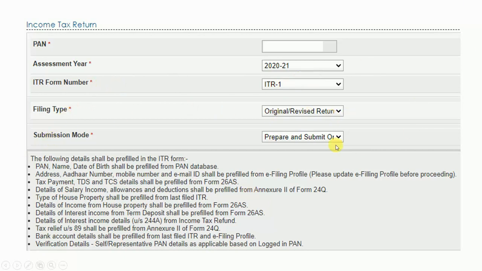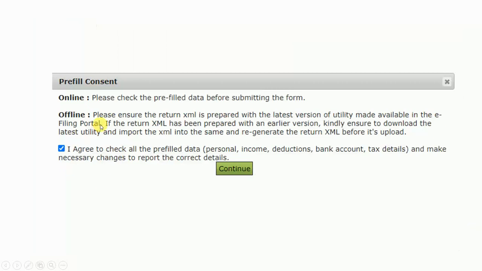And submission mode, there will be three options. It will show. You can choose prepare and submit. That option you can choose. So once you selected that option, it will show the consent option. You can enable this checkbox and then click on continue.